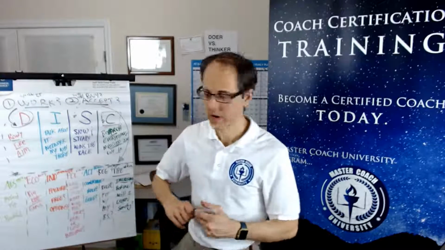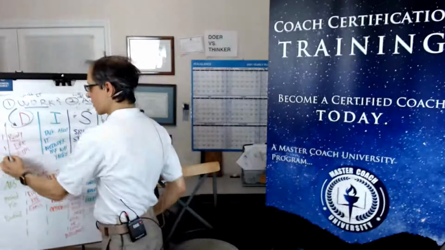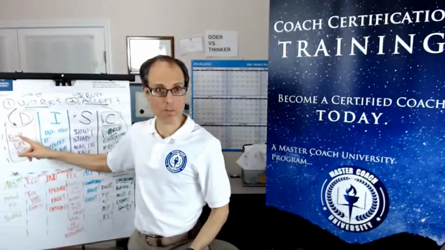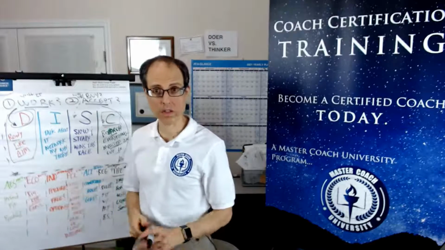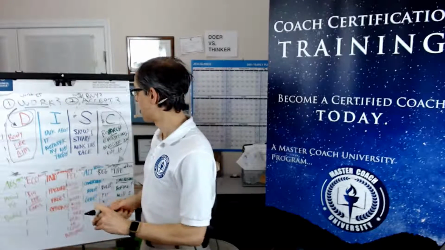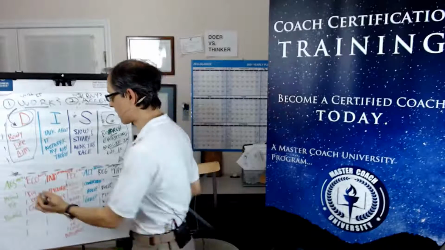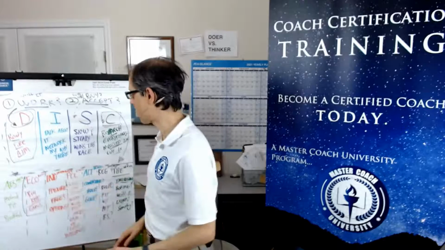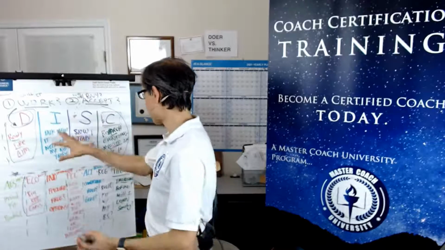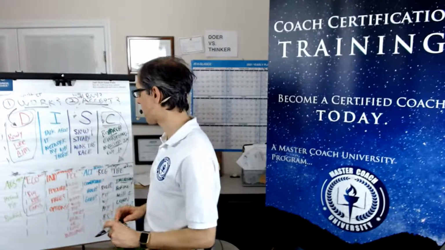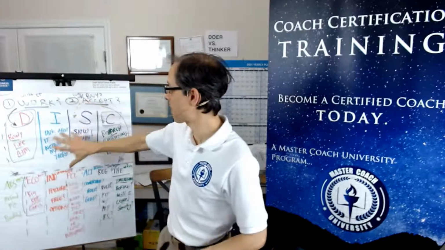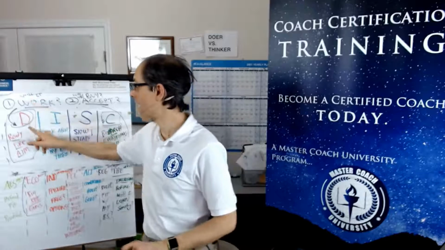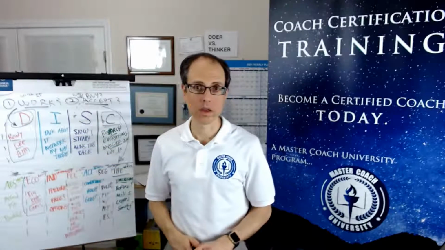I gave her a ready, fire, aim approach, which the D needs. They need to get a momentary result. They need to feel that they got a win that they can actually see big gains from, because she was economically driven. So she could see some gains. Now, there are some other things that might not be perfect in terms of that approach, but they'll possibly buy into that approach and accept it. And it's something that will actually work for them if they do it.